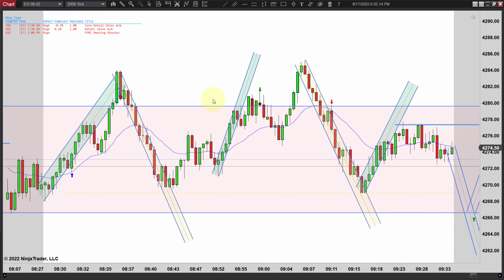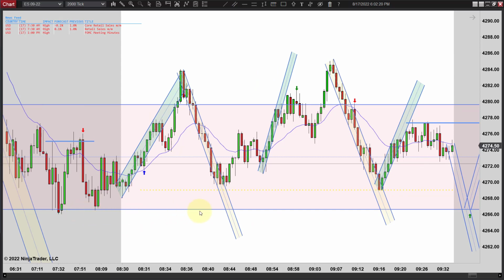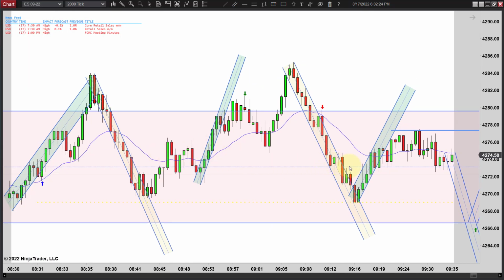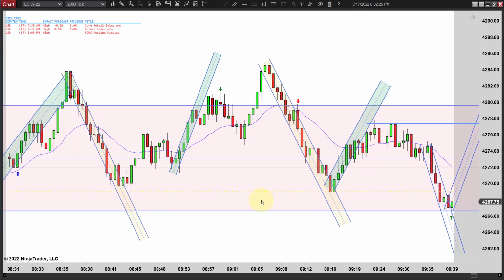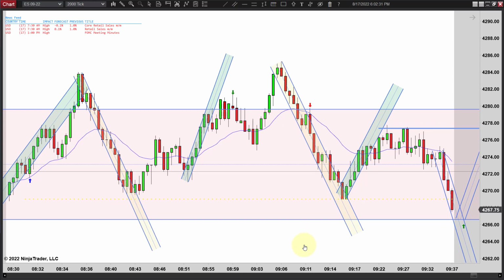You want to wait for prices to get to the highs of a range and try to find a short, and then you want them to work to the lows of the range and then try to find the long. It's right in the middle across here where it can get tricky if you don't have a trend that's working that you can play. So anyway,